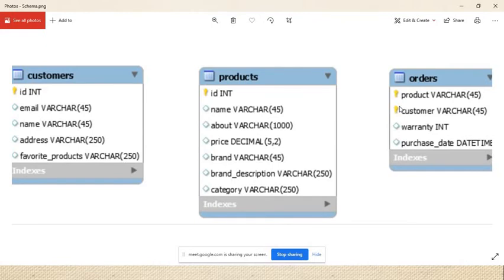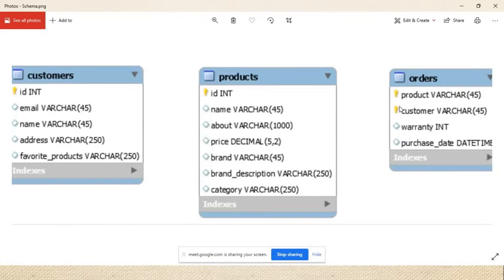And in my experience, most of the time in the interview they will ask a question on primary key. Can I use 2 primary keys in one table? 2 separate primary keys in one table, or 2 primary keys in one table? So the answer is no. We can use only one primary key in one table. But if we want to use 2 or more attributes inside one primary key, then we can use the composite primary key concept.